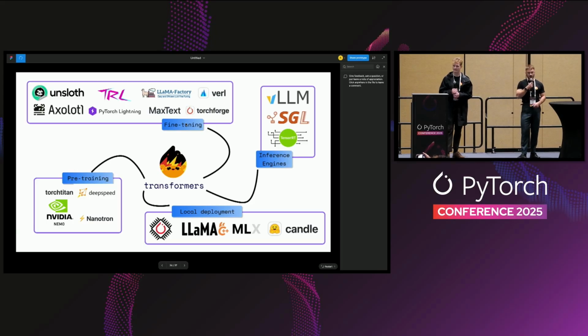And finally, if you don't wish to deploy it at scale, but you want to deploy it locally, then there are many alternatives that you can use for local deployment. One of them is, of course, ExecuTorch. We've been working really hand-in-hand with that team to ensure we have really good support of our models through ExecuTorch. Congratulations to them for their 1.0 release yesterday. But also, if you want to deploy in different optimized environments like llama-CPP or MLX or even Candle in Rust, then we have been working quite a lot with the maintainers of those tools to ensure that if the model is serialized as a transformers model, it's extremely easy to export and to use with those libraries as well.